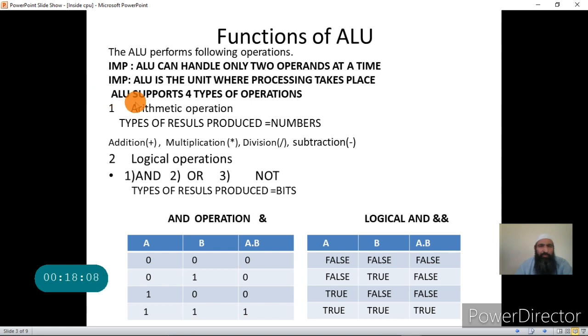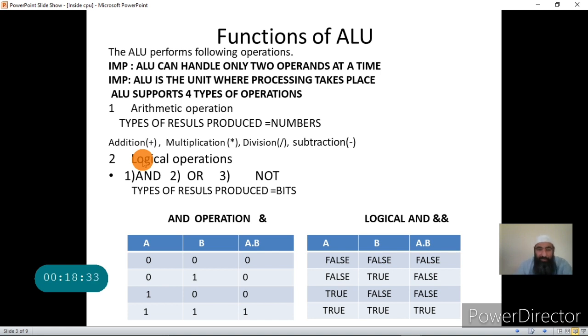Now the second type of operations that the ALU performs is a logical operation. What are the results of this operation? The results of a logical operation are in the form of bits. A logical operation is always performed on binary numbers, and I'll be handling three basic logical operations here.